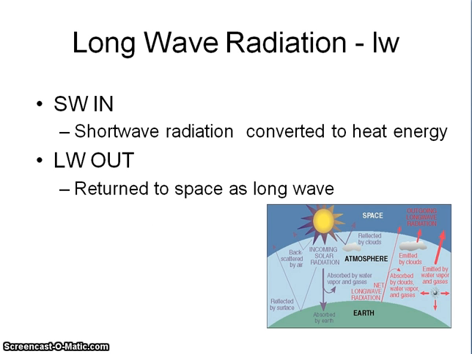So the book starts out talking about the difference between shortwave radiation, that's radiation that's coming from the sun, and long-wave radiation, and that's the radiation that creates the heat. So check out that diagram and look at the different pathways that shortwave radiation follows. It can come in, it can be reflected by the clouds in the atmosphere and never get to the Earth, which is a good thing. Because if all of the shortwave radiation got to the Earth's surface, the surface of the Earth would be ridiculously